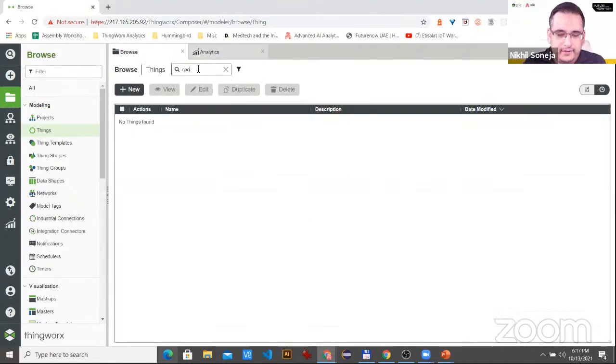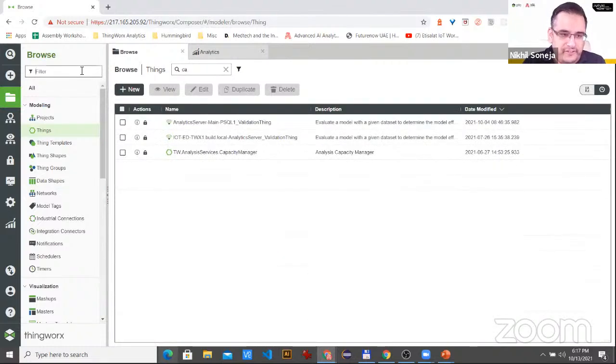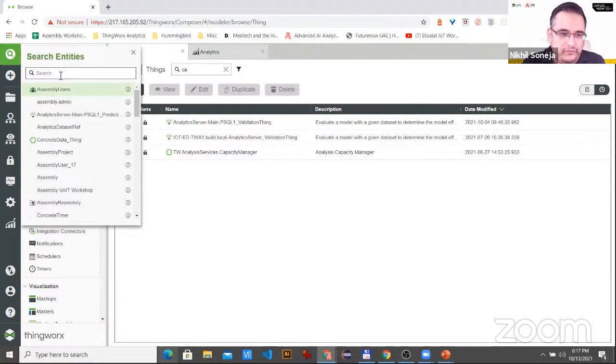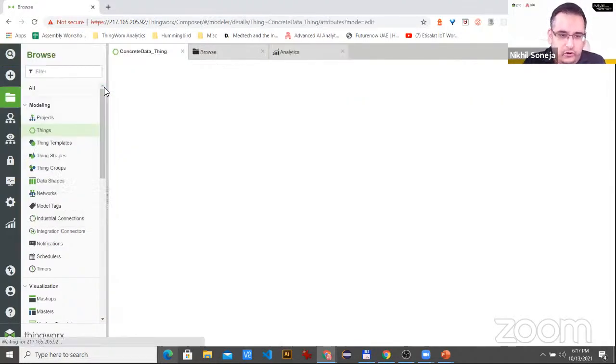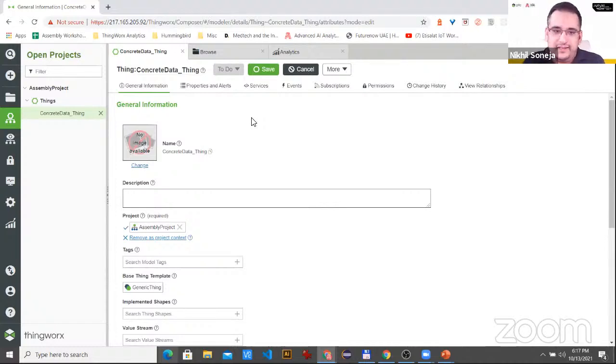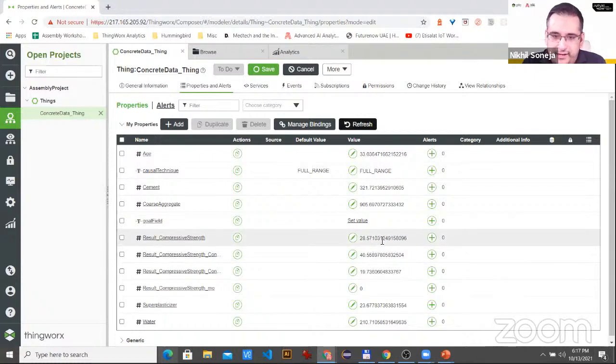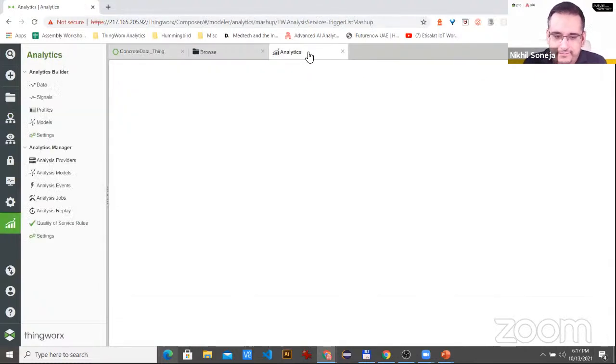There are different ways of accessing things here. Everything is autocomplete. So if you go here and you just search for concrete, it'll show you the thing automatically, or you can go through the list and just go on to there. So this was our concrete data thing, which is holding values. So you can see here, since I have actually, let me do one thing.